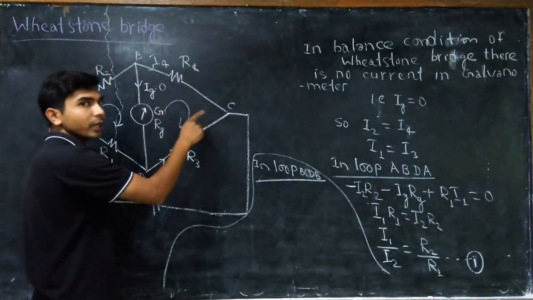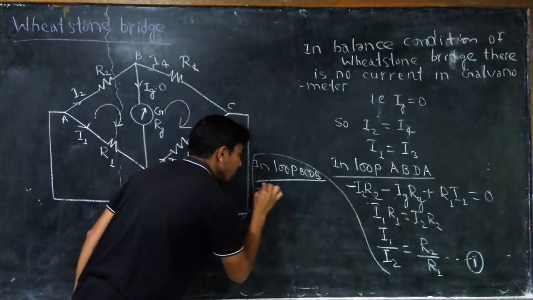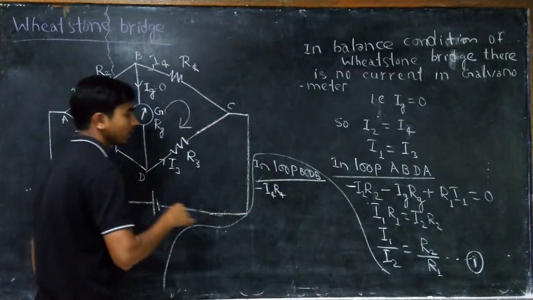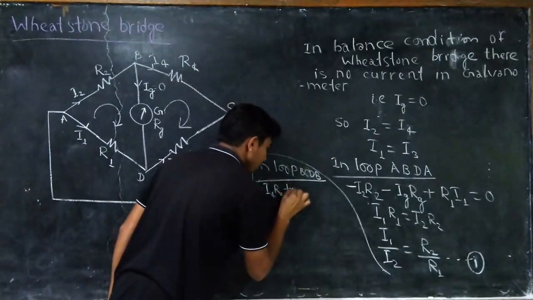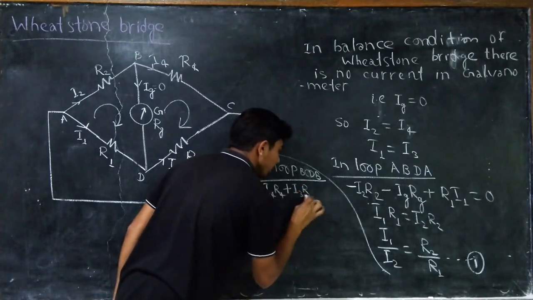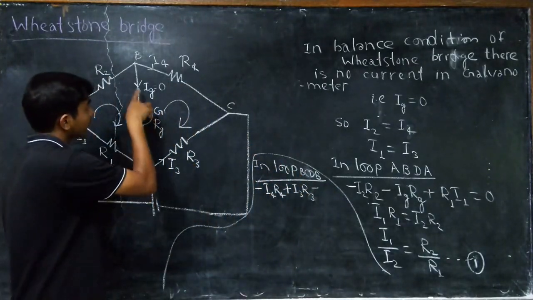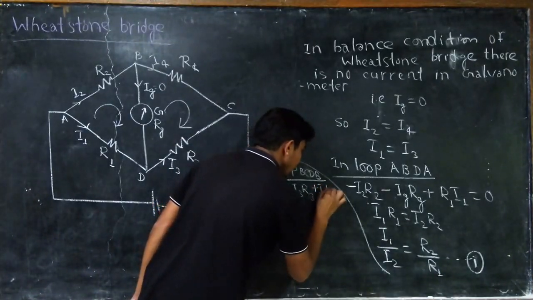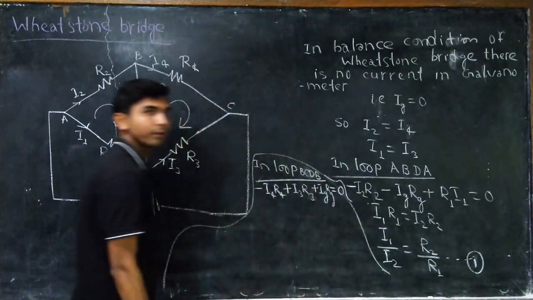So here to here we are moving along the direction of current, right? This to this, so a minus sign will come, and that value is how much? I4 R4. And now this to this again, so opposite to the direction of current we will take a positive sign, and that value is I3 R3. And at last this one, again we are moving opposite to the direction of current, so again a plus sign will come, and that value is how much? IG RG, right? And this one is equal to 0, right?